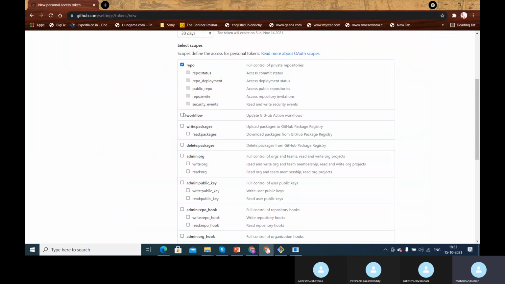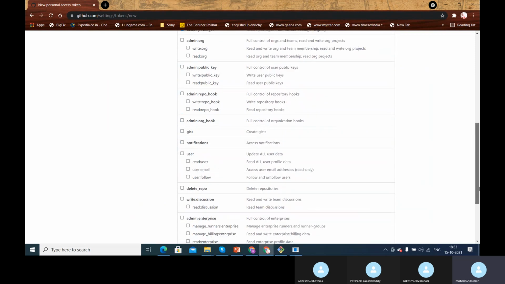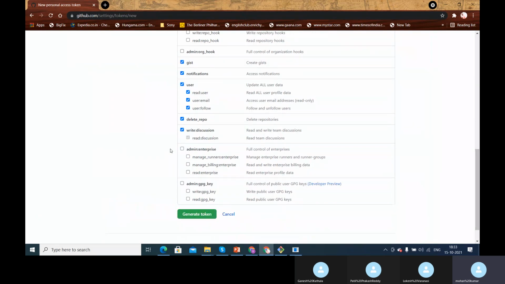I'm selecting almost everything except the admin things, because we may not need admin rights for now. Choose suitable permissions that you want to give to the user. If I scroll down and see, I selected everything except the admin things, and I'm generating